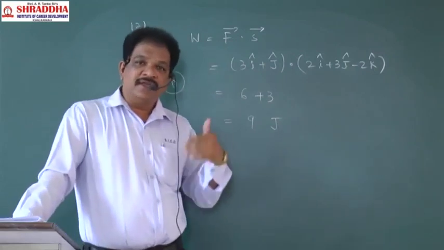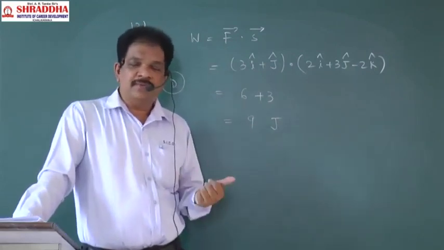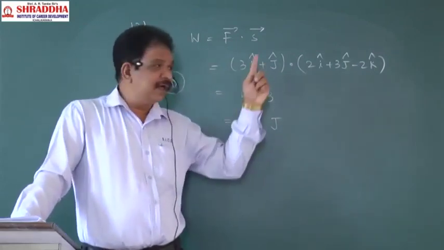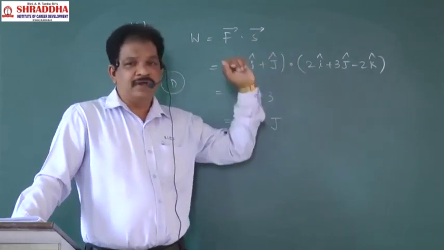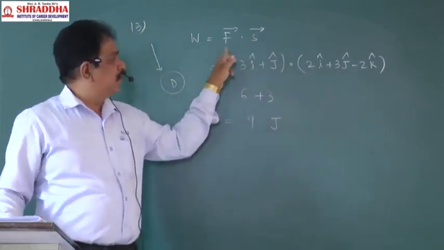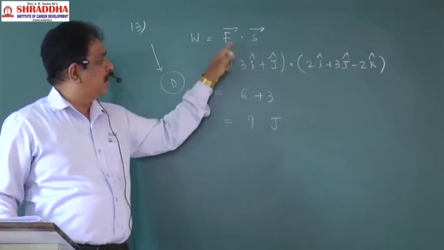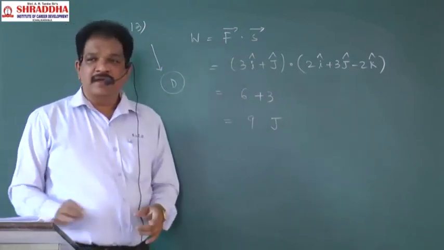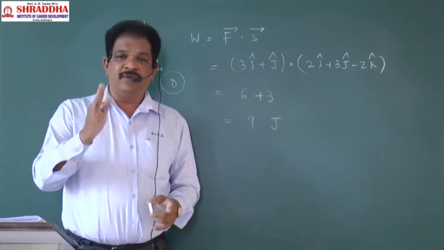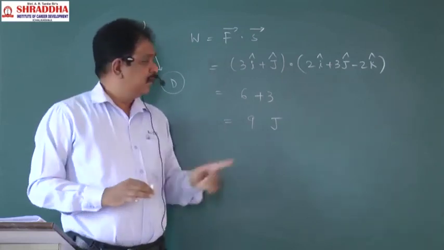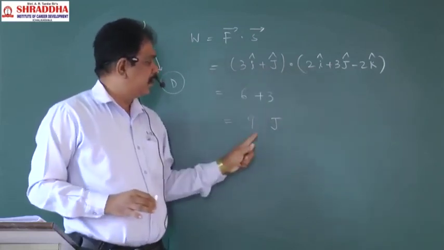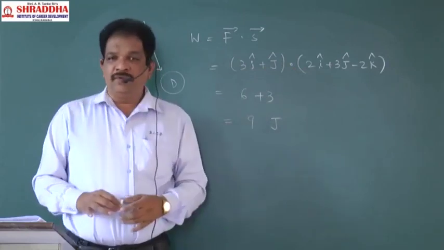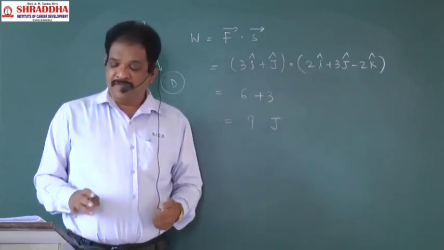This comes in the lesson Work, Power, Energy. Up to that, you remember this is the formula for work done. S bar given, S bar calculated. We found the dot product, that will be 9